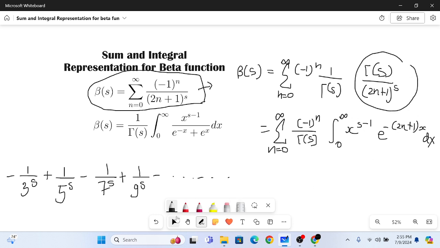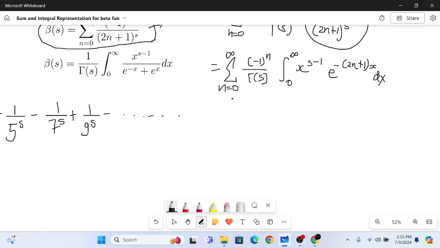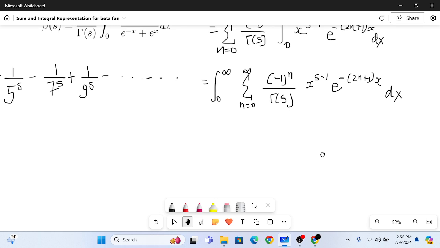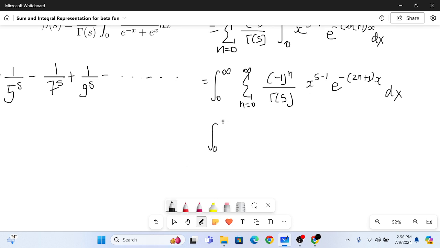So I'm doing it. Now after this, let's look at the sum and integral. We are going to get the integral from 0 to infinity and then the sum from n equals 0 to infinity of minus 1 to the power n by gamma of s, x to the power s minus 1, e to the power minus 2n plus 1 times x dx. Now let's take the expressions that are free of n outside the sum, because they are just constants with respect to n. So 1 by gamma of s, and then x to the power s minus 1, and now the sum from n equals 0 to infinity. Also e to the power minus x won't matter, and then minus 1 to the power n and e to the power minus 2nx